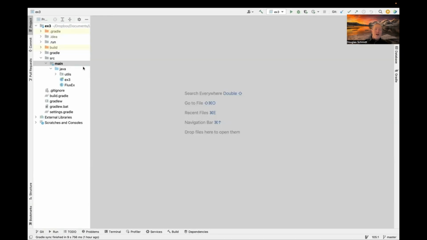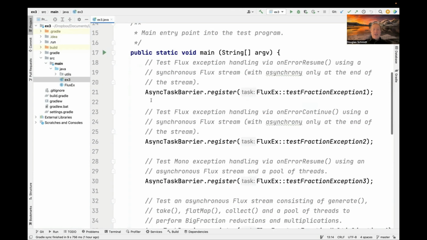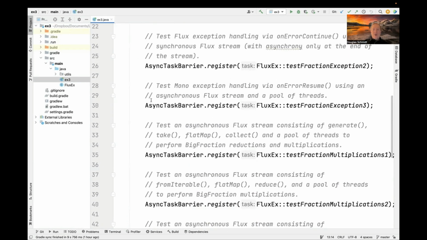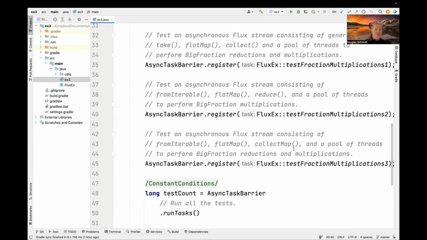We're now over in project ex3 in my LiveLessons GitHub repository that deals with the reactive Flux examples. Let's go ahead and take a look at this example program. As you can see, we've got a bunch of different methods here. We're going to take a look at the ones that do exception processing. These are the ones that are registered with the async task barrier to deal with exceptions. And then we'll come back and talk about a couple other examples that use combinations of Java streams and Java